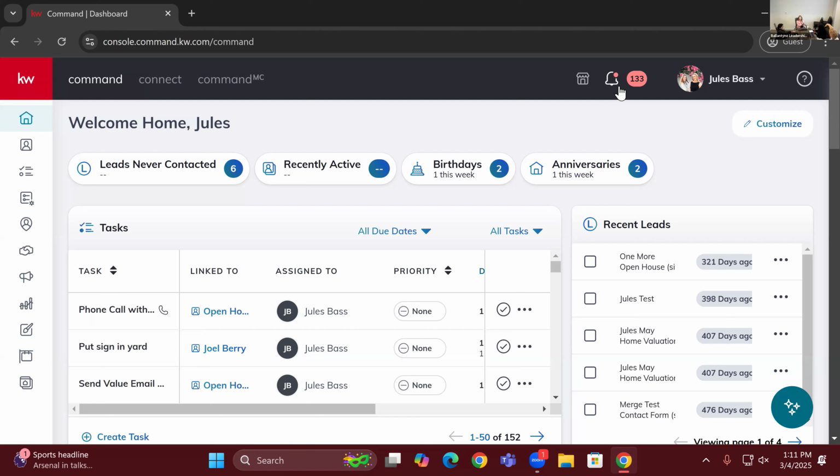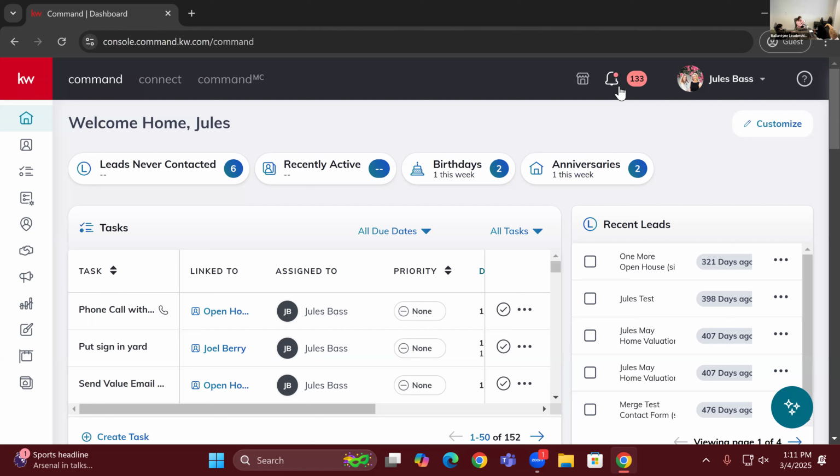In general, on this app, the whole idea here is as we're adding tasks and smart plans to our command account, we're going to start to be able to look at our app each morning to see what we have to do for the day. So the mental load of your business is a little bit more off your plate, is the whole idea.